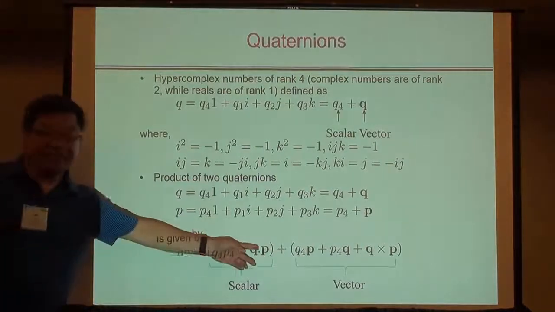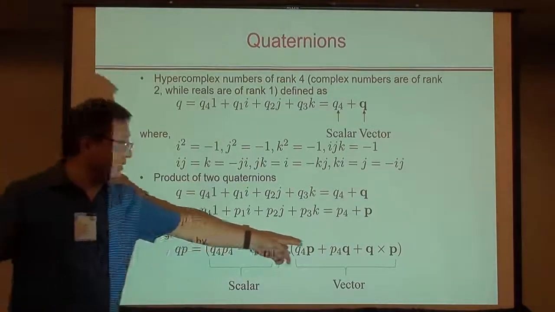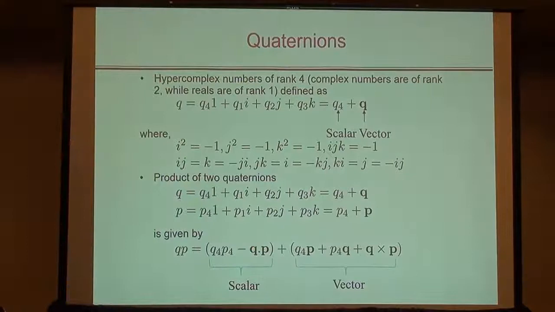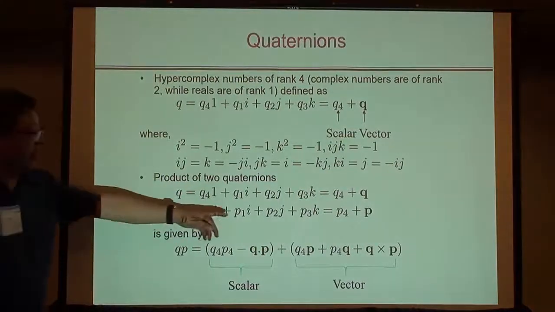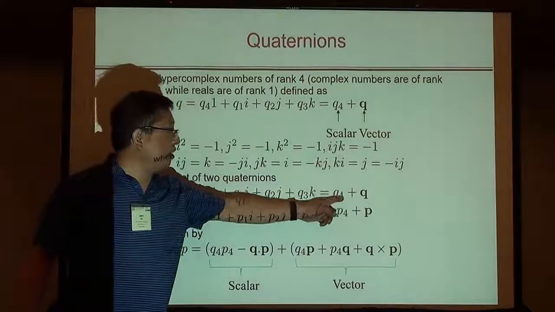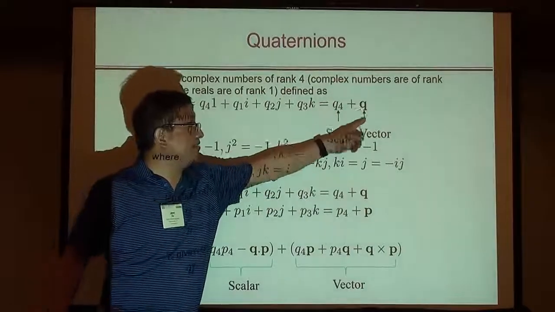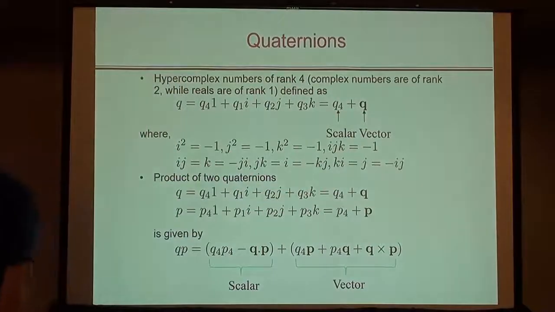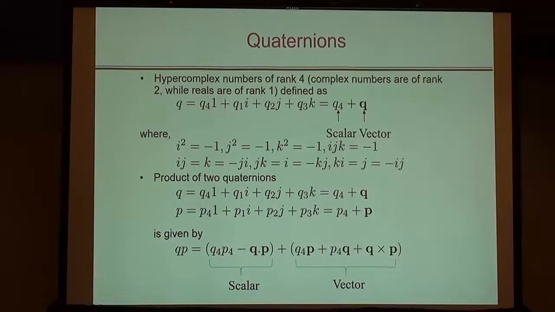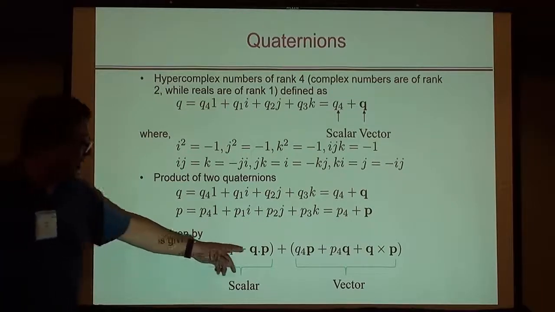Okay, so it's a vector dot product, and here is a vector cross product. Okay, so this is the scalar part of it. Okay, and this is the vector part of it. Okay, so we had vector Quaternion first before we had vector. Okay, so that's the history. Okay, so this is the